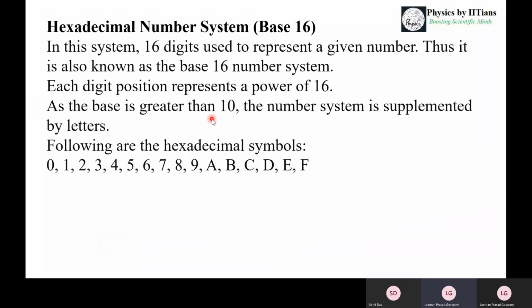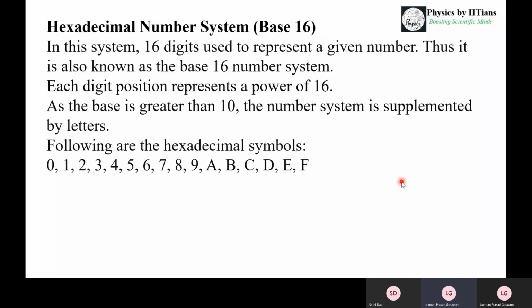The next number system is the hexadecimal number system, where we have base 16, because we have 16 digits. These are 0, 1, 2, 3, 4, 5, 6, 7, 8, 9, and after that we have A, B, C, D, E, F. So these are the 16 digits in a hexadecimal number system. So how will we use this? Suppose we want to have a decimal equivalent of the hexadecimal